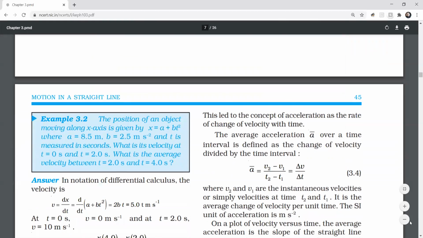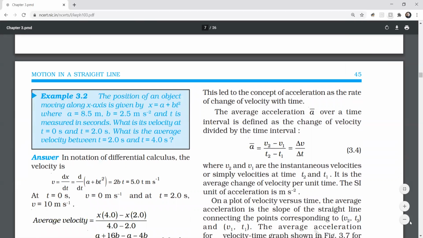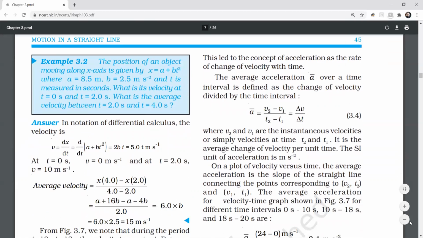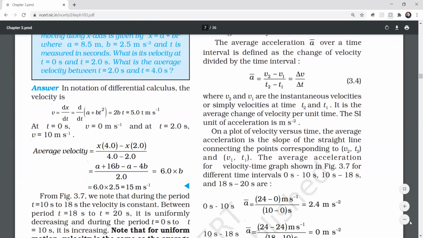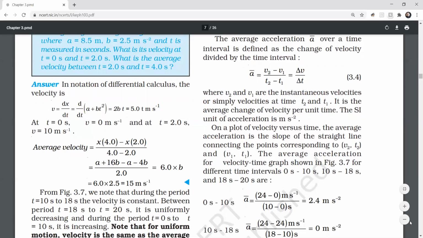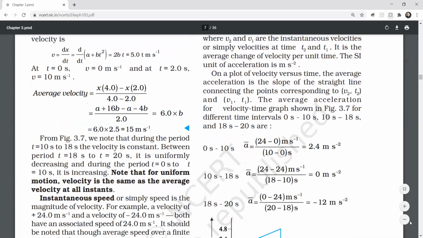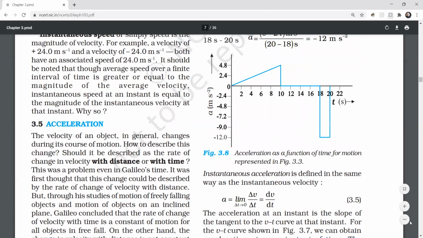Now they have come up with another example. They say that this was also discussed in the day before yesterday's lecture. So what it talks about is how exactly would an object move along the x-axis if you know that the value of x is equal to a plus bt squared. You know the values of a and b, and t you know is measured in seconds. So you can come up with a value for that using the same calculations quite easily. Okay, so yeah, this has been done yesterday.